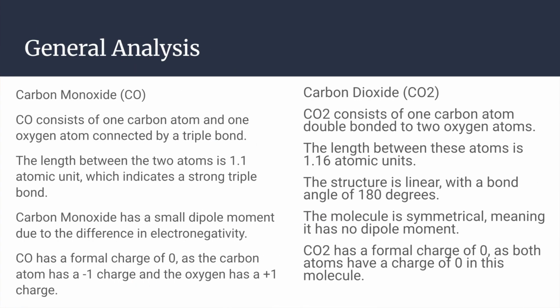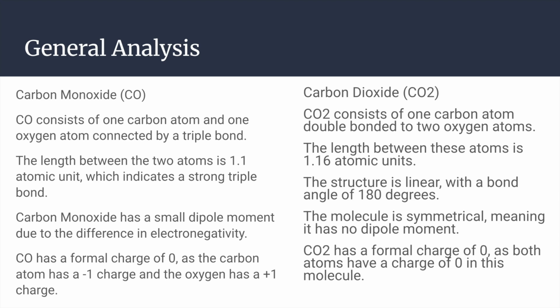Carbon monoxide consists of one carbon atom and one oxygen atom connected by a triple bond. The length between the two atoms is 1.1 atomic units, which indicates a strong triple bond. Carbon monoxide has a small dipole moment due to the difference in electronegativity. Carbon monoxide has a formal charge of 0, as the carbon atom has a -1 charge and the oxygen has